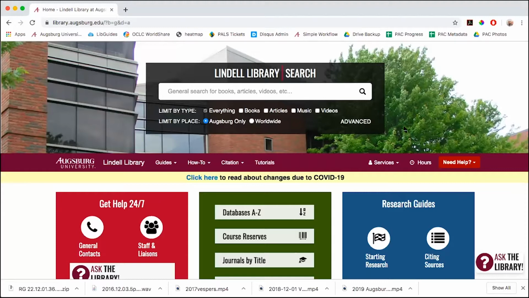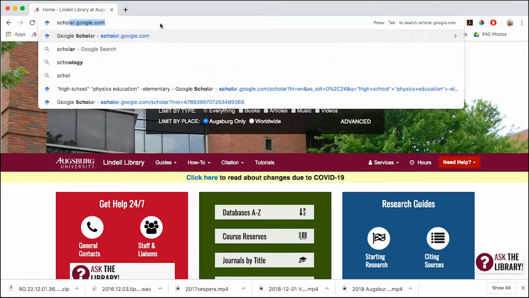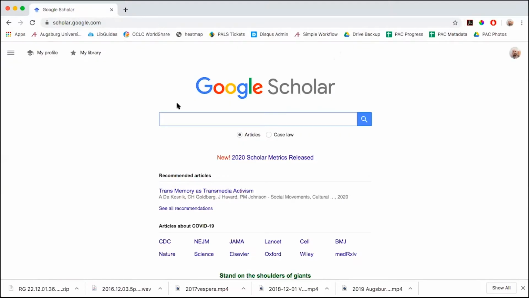And today we're going to be focused on using Google Scholar to find research articles. To get to Google Scholar, funny enough, you just Google the word scholar. So you type it in your browser, just the word scholar. If you want the actual website address, it's scholar.google.com. And what you see is that it looks a lot like Google.